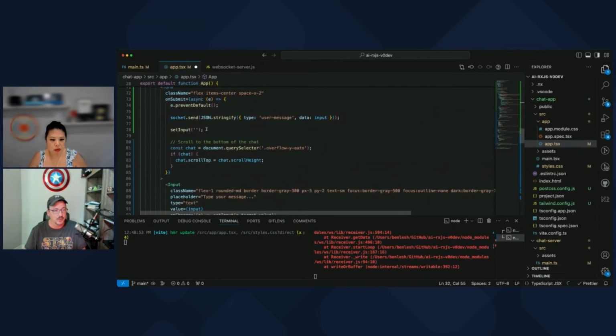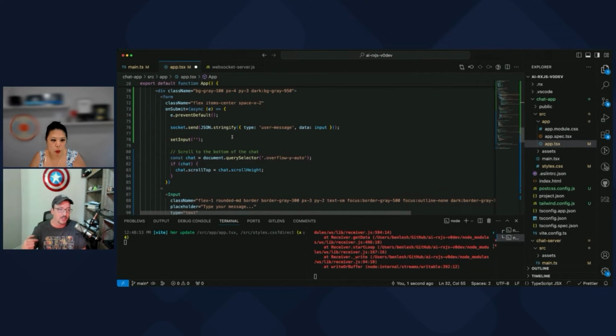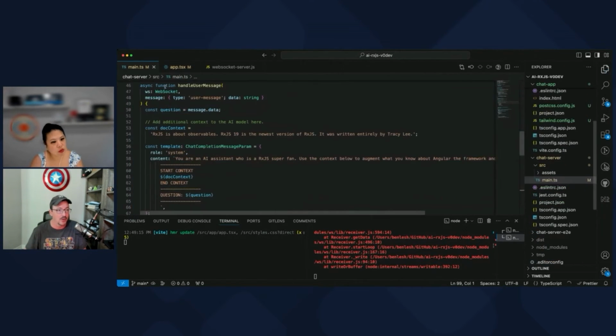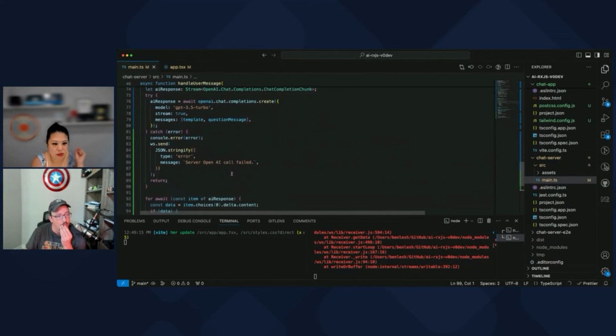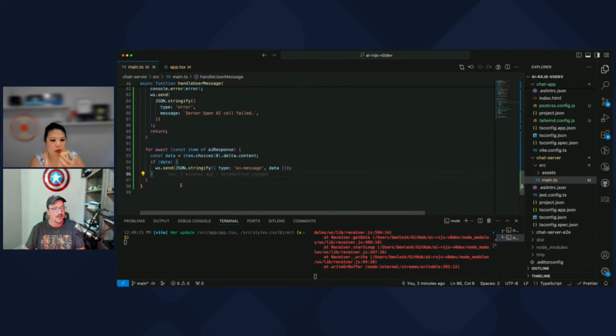What we can do is, we've got this async here already. We're not awaiting anything, but we can leverage RxJS to say, oh, I'm going to take the next set of messages from this WebSocket server. Now, the WebSocket server, let me kill this. One other thing I'm not really doing is, as it's going through and doing this 408, we're not sending anything where we know the AI message is done.